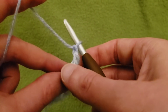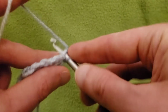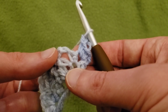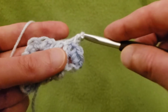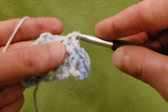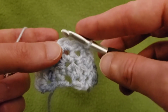Chain up 1, turn your work into that first stitch, 2 singles, chain 1, skip the stitch going into the chain space with a single, chain 1, skip a stitch going into the space with a single, chain 1, skip a stitch going into that top center stitch with 3 singles,